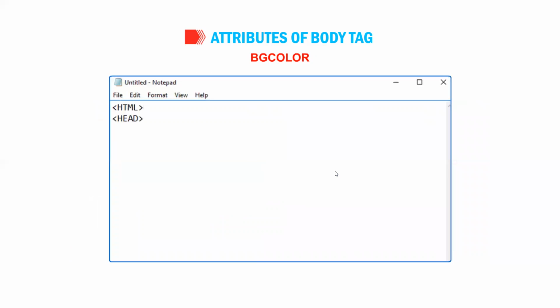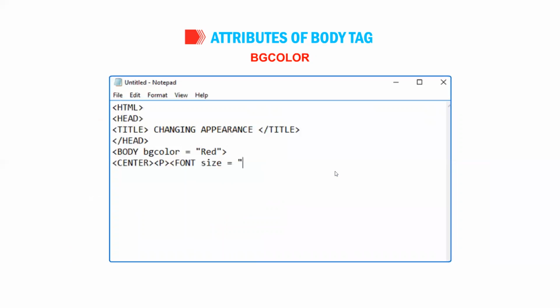<html><head><title>Changing appearance</title></head><body bgcolor="red"><center><p><font size="6" face="impact" color="white"><u>Success</u></font></p>